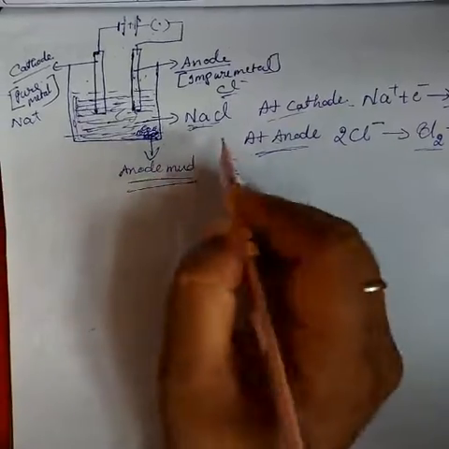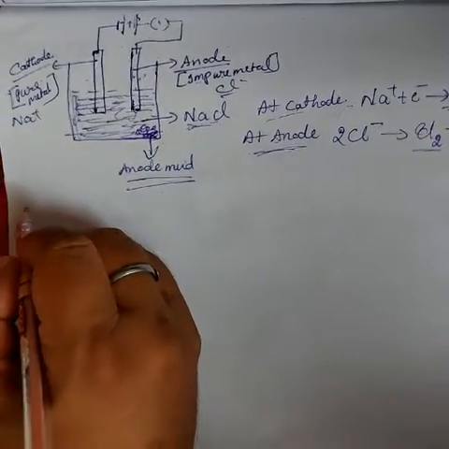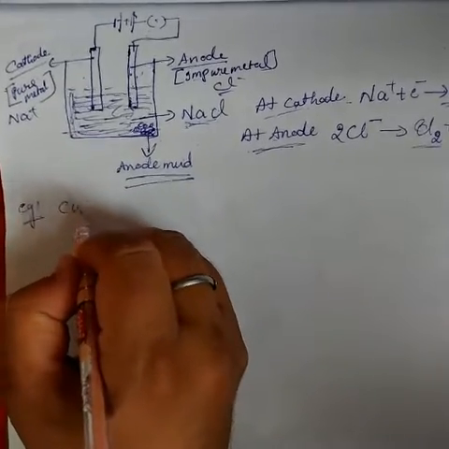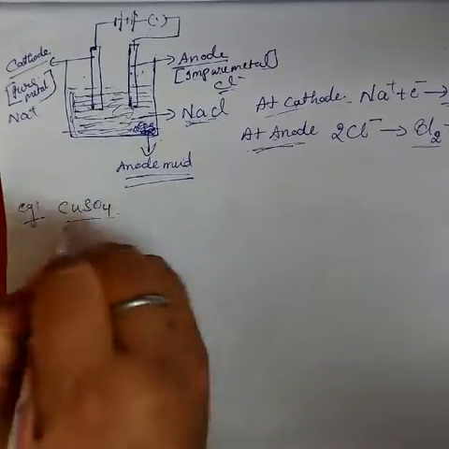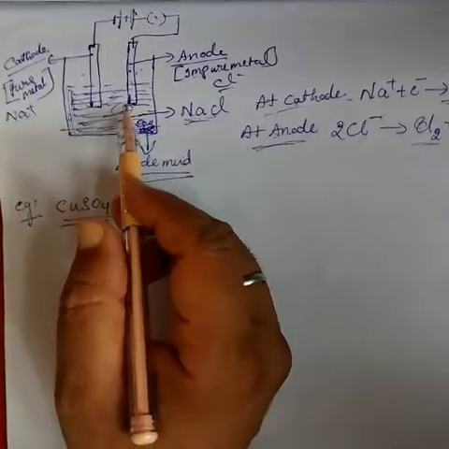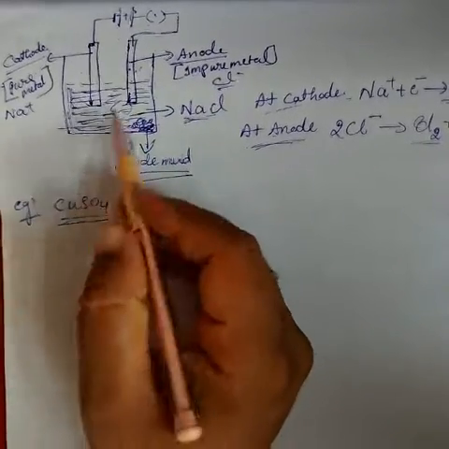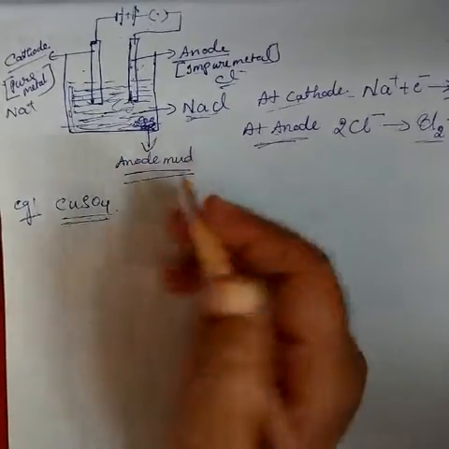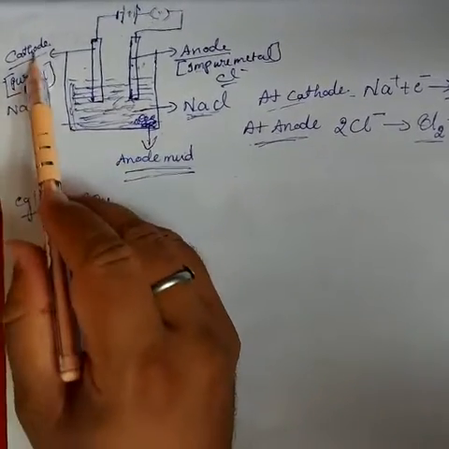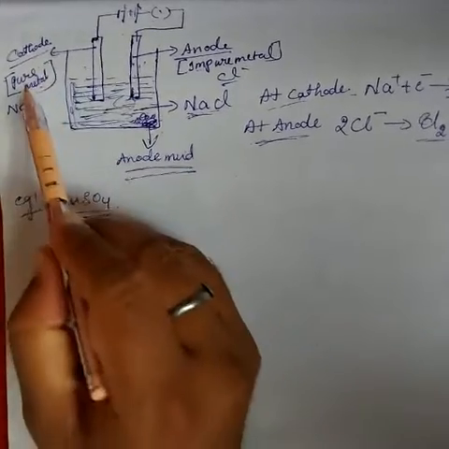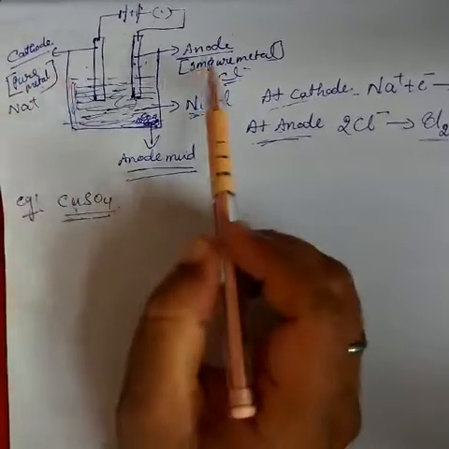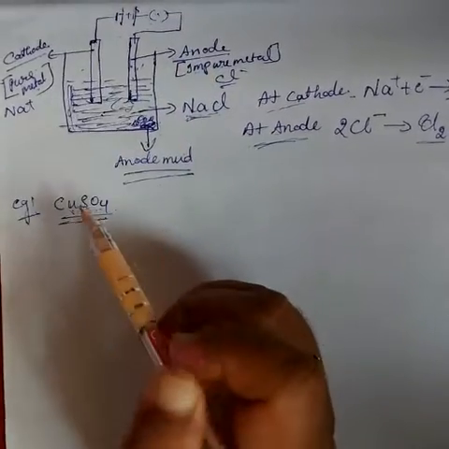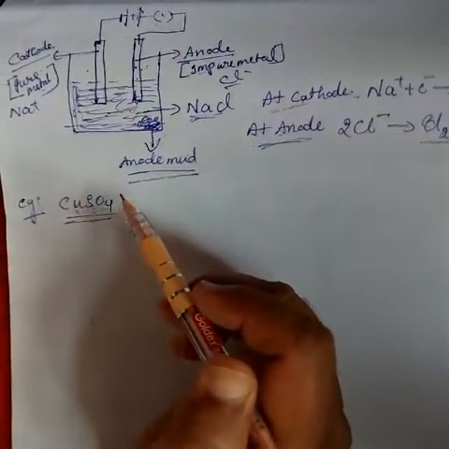Okay, and you take more examples of the electrolysis process. Take the copper sulfate solution, where the copper is deposited. If we take the copper sulfate solution here, the copper is deposited on the cathode side, because we get pure metal, and the impurities are deposited at the anode. Okay, write it like this also.